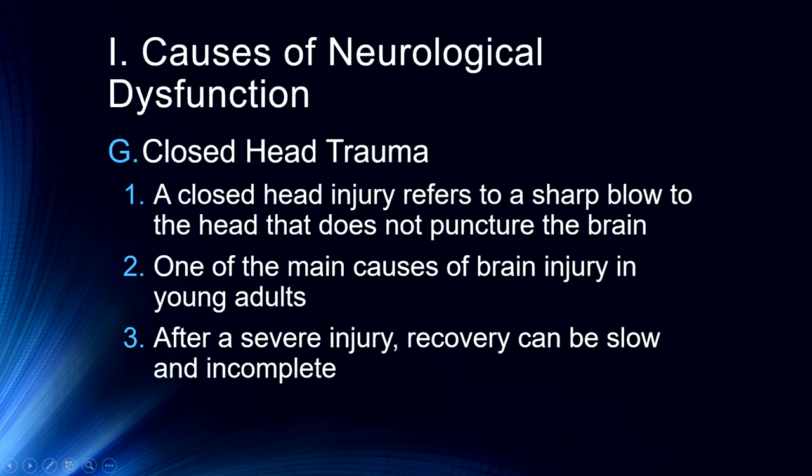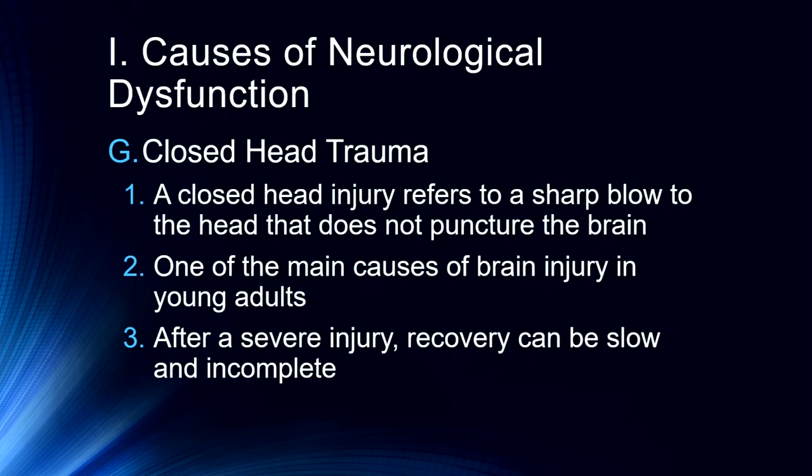Probably the most common form of injury after ischemic stroke is closed head trauma, or mild traumatic brain injury. A closed head injury refers to a sharp blow to the head that does not puncture the brain. It is one of the main causes of brain injury in young adults, particularly athletes and soldiers and sailors. What happens with closed head trauma is the individual